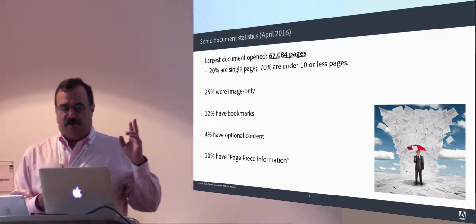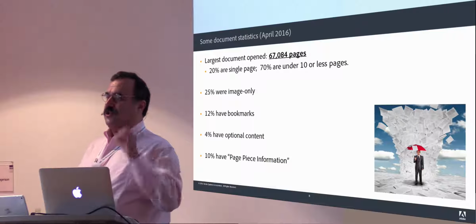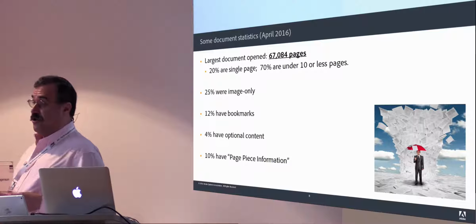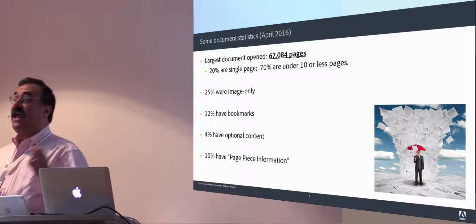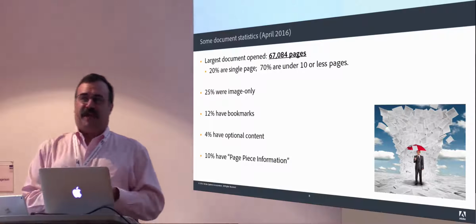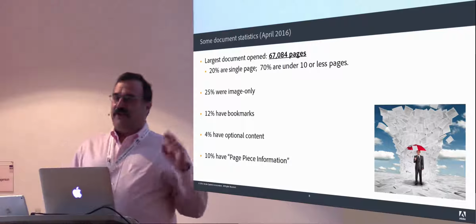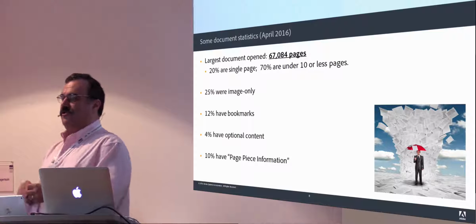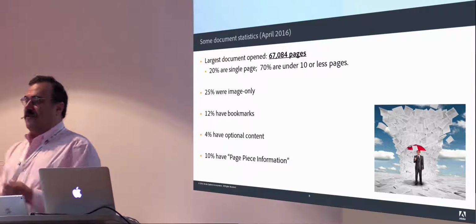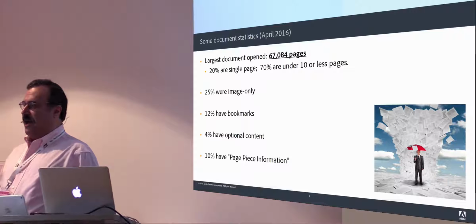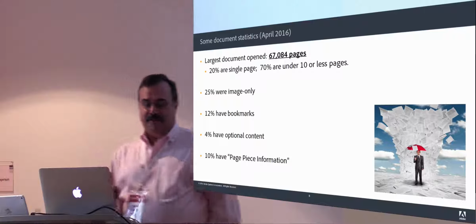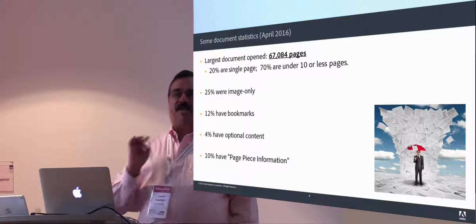The two that I thought were somewhat shocking when I first looked at them: 4% with optional content, or you may know them as layers, and 10% with page piece information, which is very interesting because it's a feature we just deprecated out of ISO 32000 Part 2. So my original reaction is, oh my God, maybe we shouldn't have deprecated it. And then I thought about it, and I realized why this number was